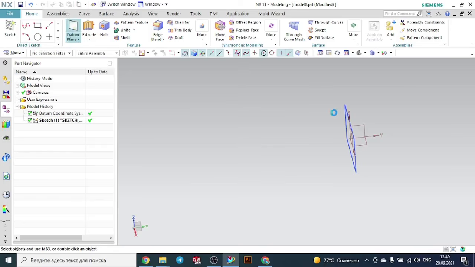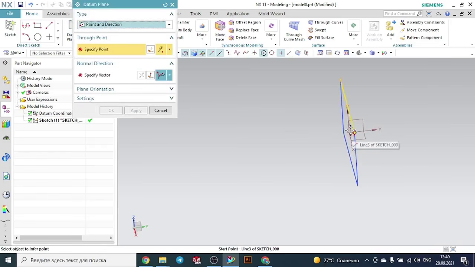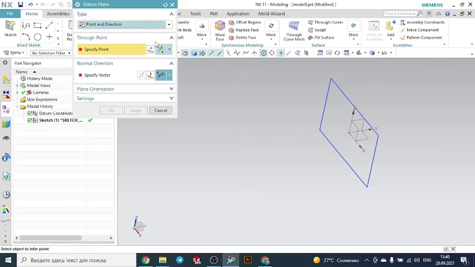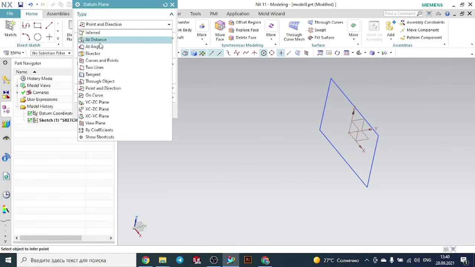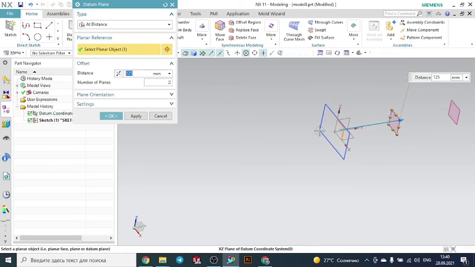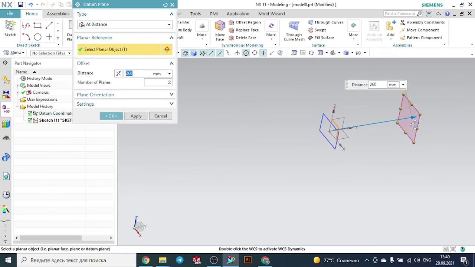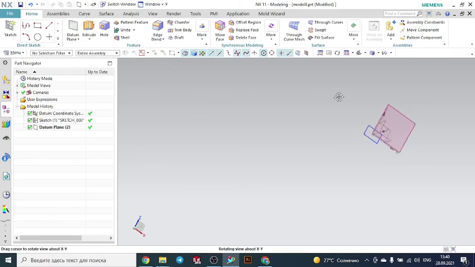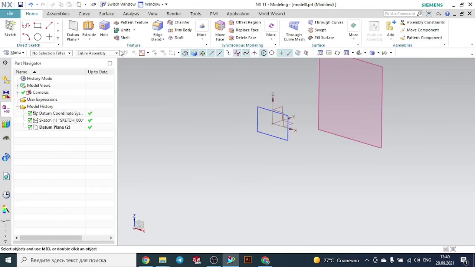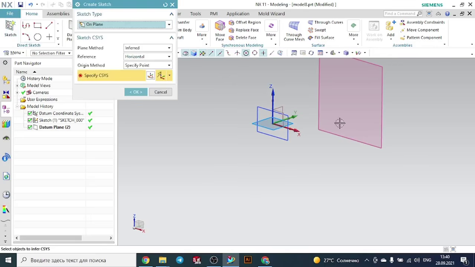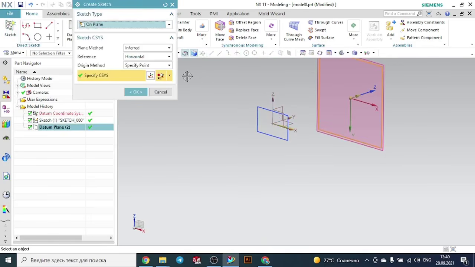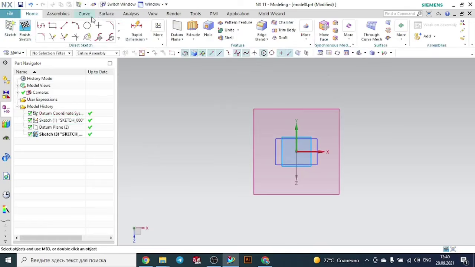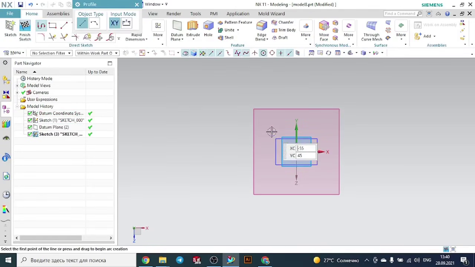Go to the datum plane and create the datum plane at a distance, using the distance method. The distance here, you can increase the value and change it to 1 here, and select this sketch and select this datum plane and draw, for example, the rectangle here